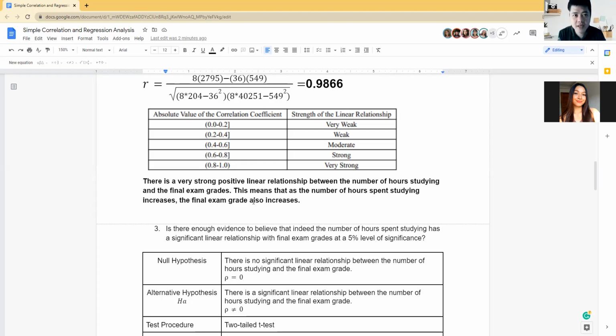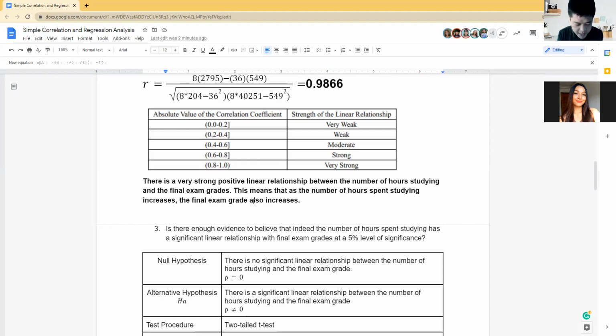Okay. And there's such thing as partial correlation. Kasi you might find that partialing out one variable will give you a better estimate of the relationship between two variables. Kung ipa-partial out natin yung isang variable. So for example, kung meron tayong dalawang variable that we will correlate sa final exam grade. For example, number of hours spent studying at saka,